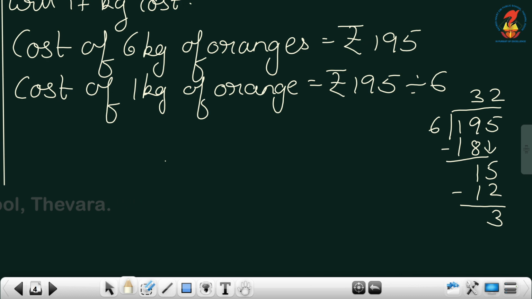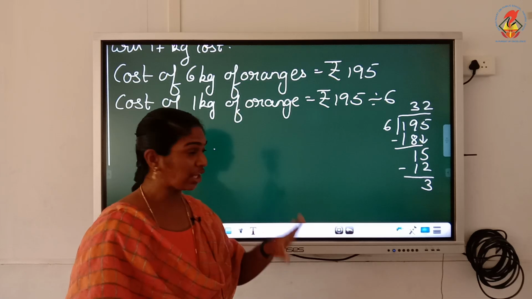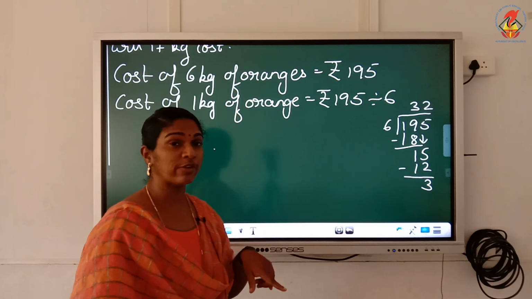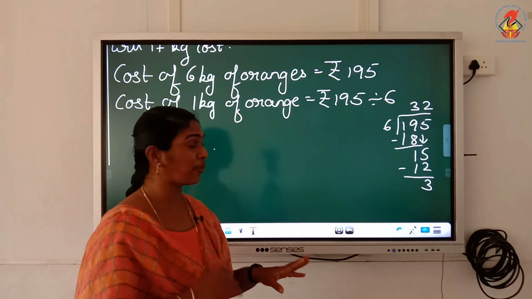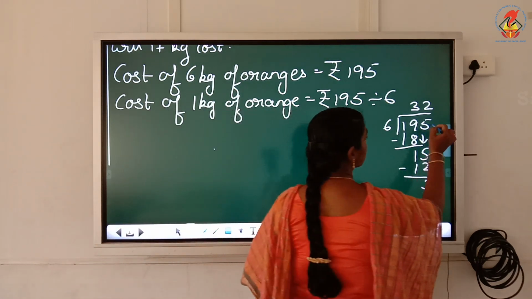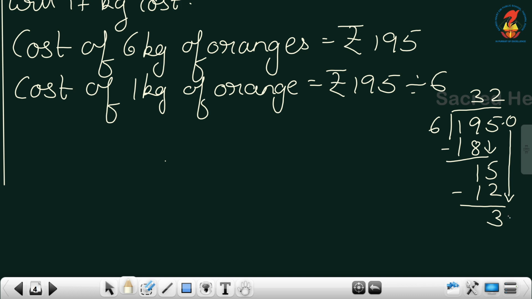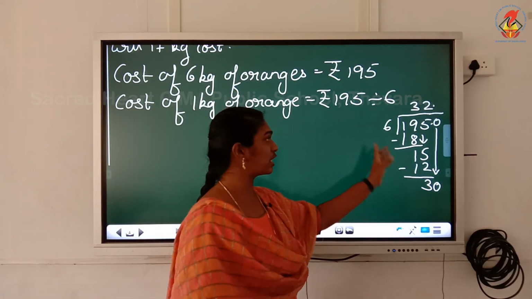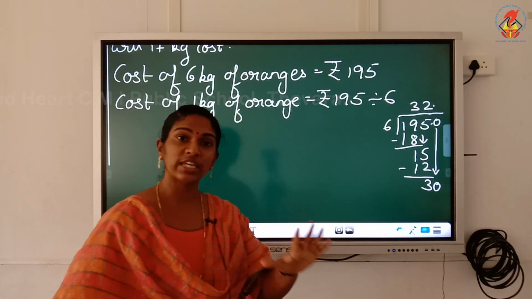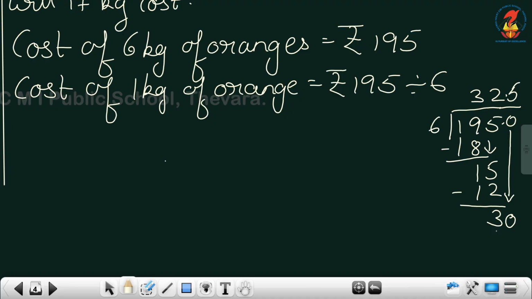Now, what do you have to do further, children? You have learned how to divide until you get the remainder 0, right? We have to follow that method over here. For that, we have to put a decimal point and add zeros, isn't it? Put a decimal point, add a 0, and bring down that 0. When you put a decimal point over here, straight on top you also have to put the decimal point in the quotient. After that only you bring down the number. So, you bring down 0. How many times does 6 go in 30? Yes, 5 times. 5 6s are 30. When you subtract, you get 0.